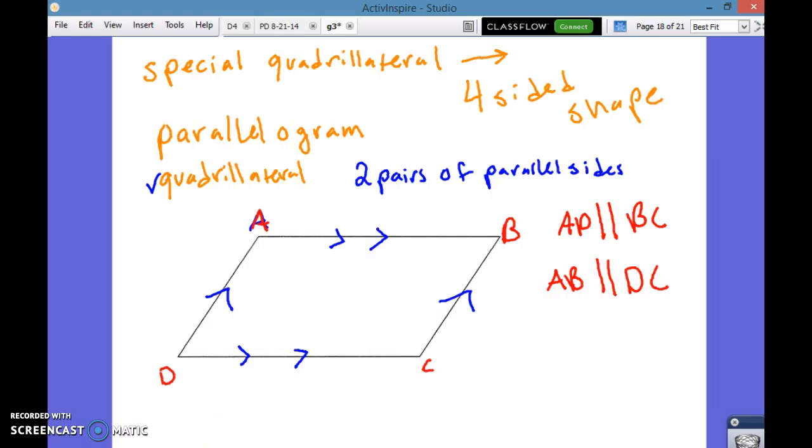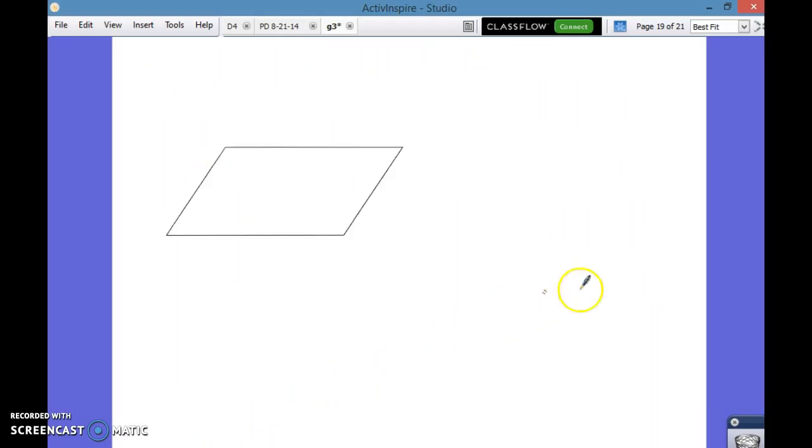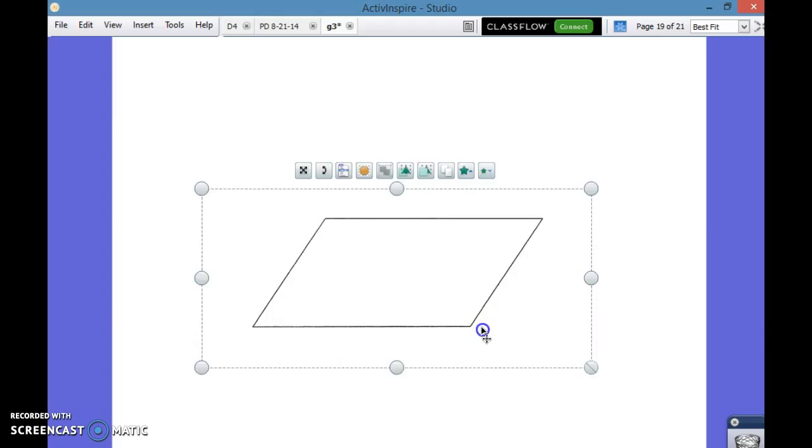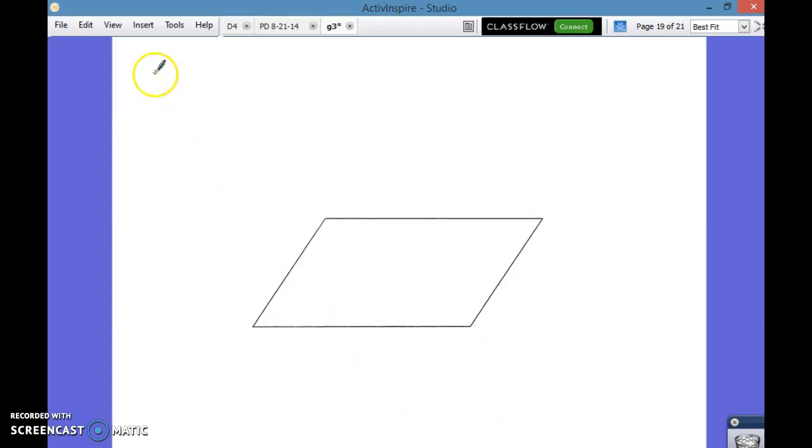All right, so let's move on to the special properties of a parallelogram. Let's make this a little bigger. The first property of a parallelogram. I'm going to refer to this as property 1. Now, this is not a general name for it. In fact, I'm just using it strictly for a reference. Property number 1. So if I say property number 1, that's what I'm talking about. Property number 1 of a parallelogram is